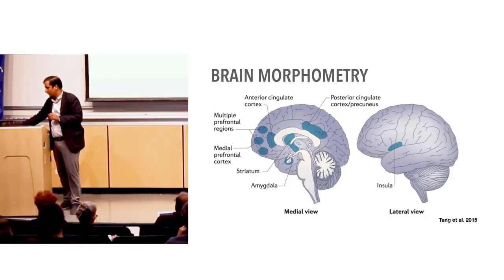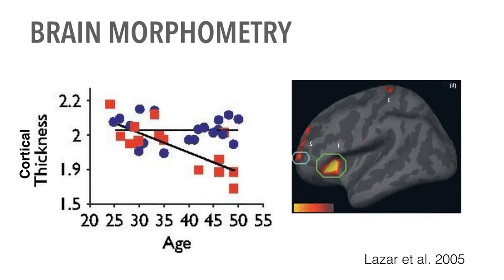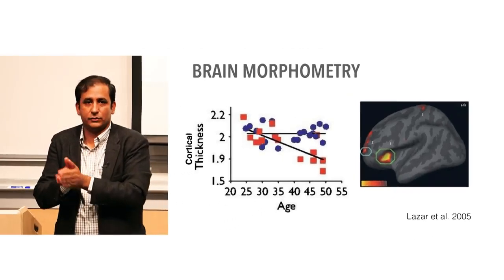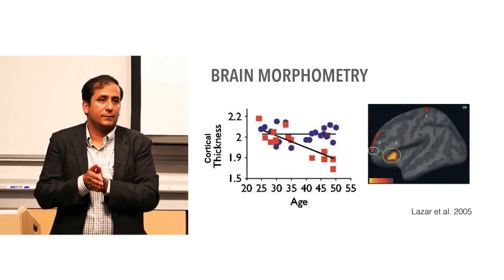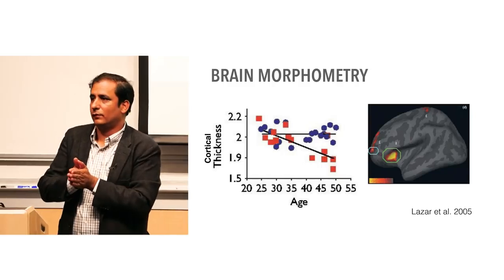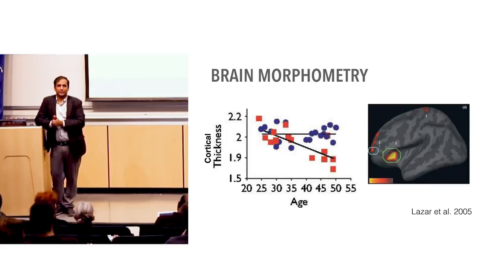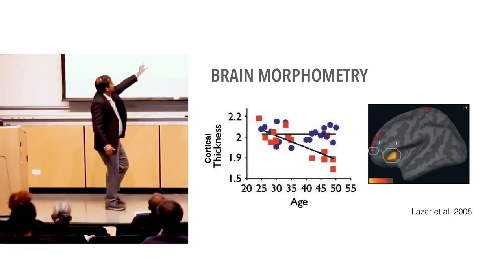And they looked at it, and it was published back in 2005 with Sara Lazar, where this was more of a cross-sectional study, meaning it's not that they followed a guy from 20 years to 55, which would take forever, but they instead took people at different age groups, and they kept a much less stringent criteria than 44,000 hours. They had more like 40 minutes a day of meditation minimum for at least, I think, 3 years or so in the back. And they wanted to see if you have these people and you look at the regions